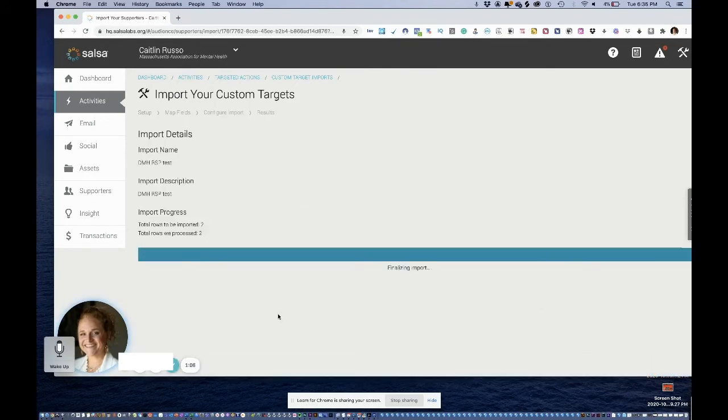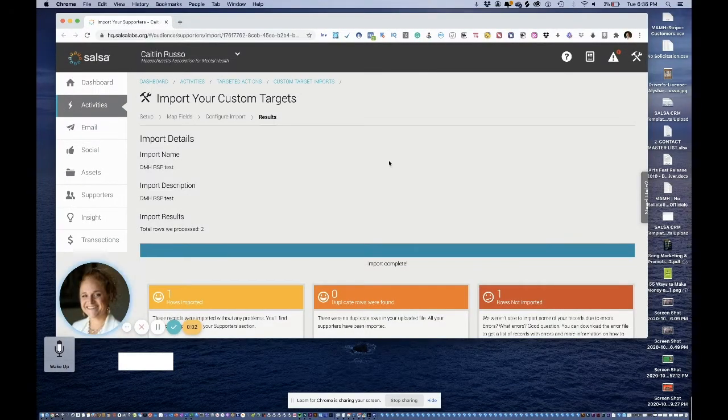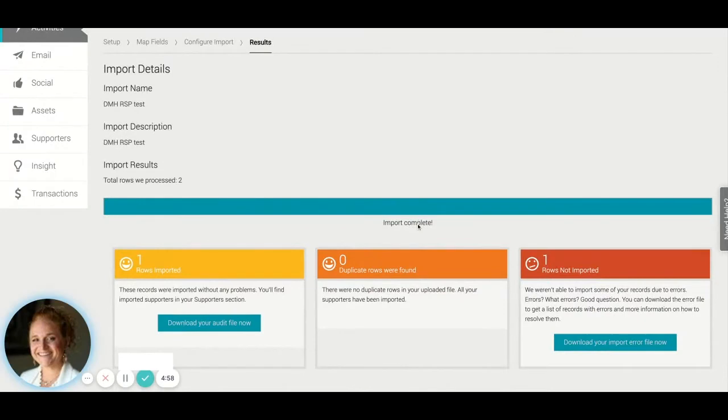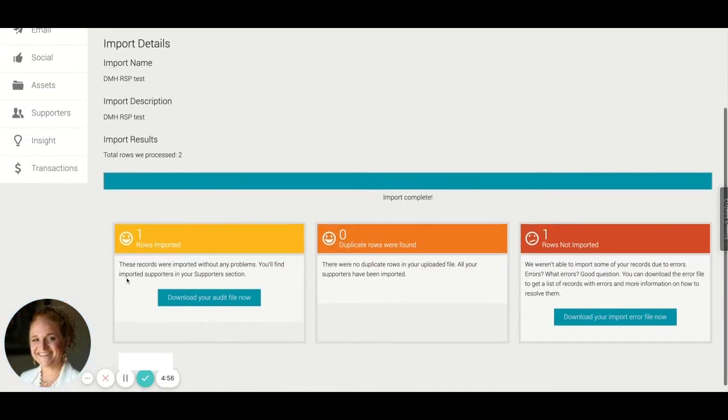And so right now it's finalizing the import, and the import details, you can see the import name, the import description, the import progress, and total rows to be imported. So right now we're just waiting for the import to finalize. And so now the import has finalized, and it will show you right here that it's complete and that it